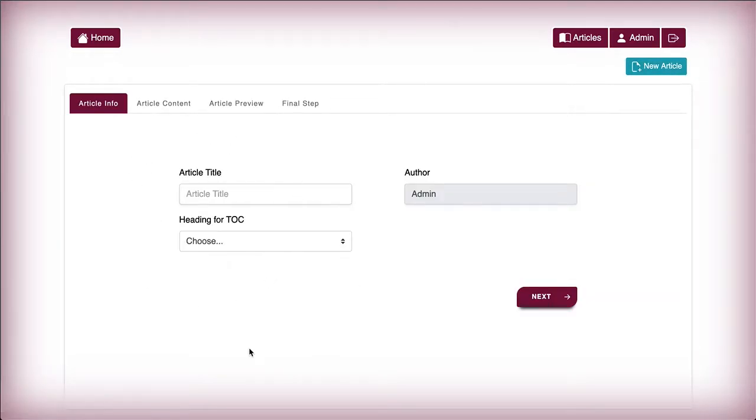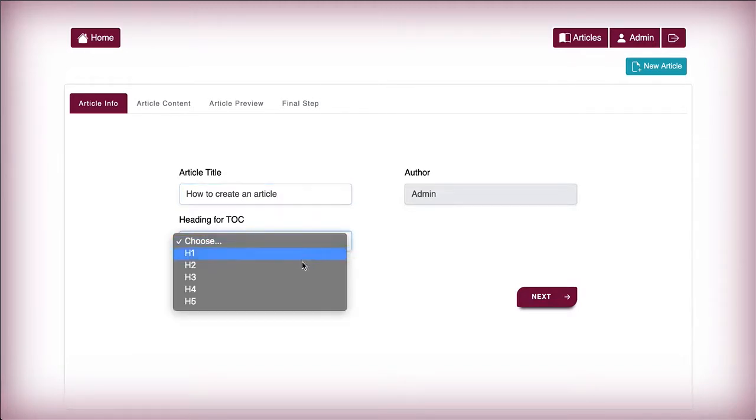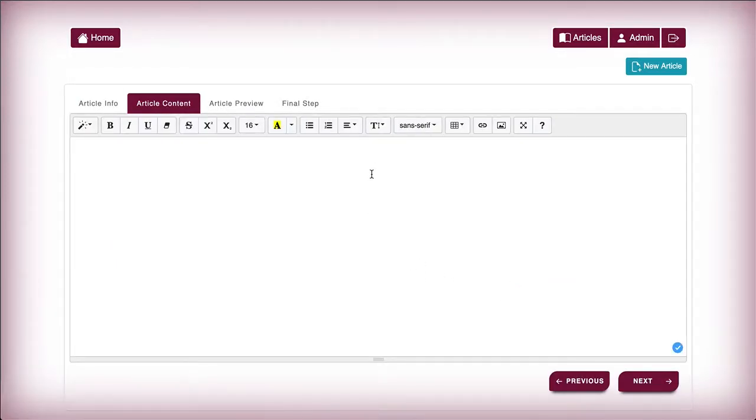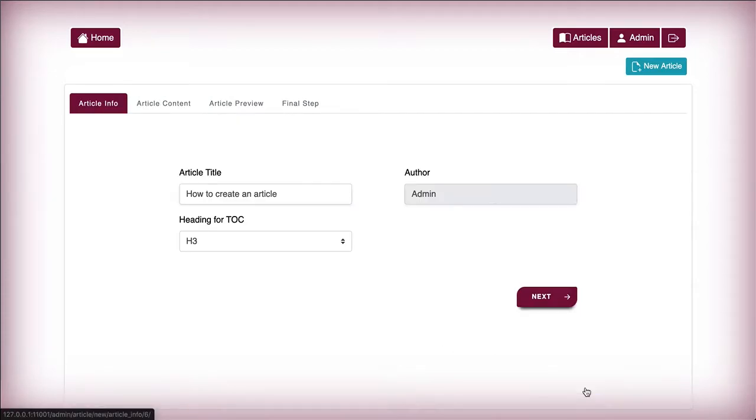You will see a couple of fields here, which is the article title. So we will see how to create an article. For this we will set h3 as a header and then click next. We'll keep the article title, and then we will have header as 3, which has to be the same as the header we set in the previous section.